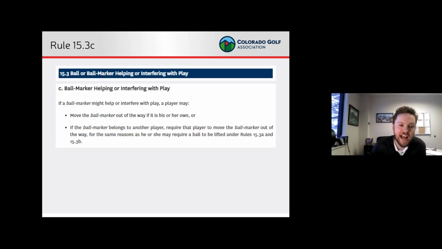But here I can ask and say, hey, that's in my way. We see that a lot, especially with ball markers becoming more creative and bigger. You see poker chips and big ones and custom ones, and they're not just dimes and pennies anymore. They're a lot bigger out there now. Or there's a tee or something. So anyway,